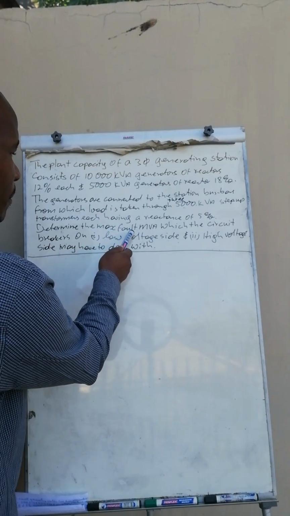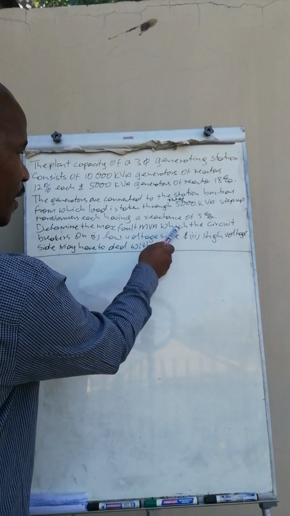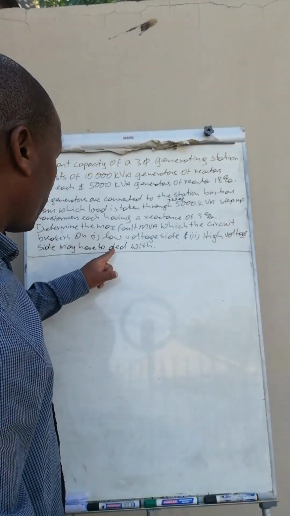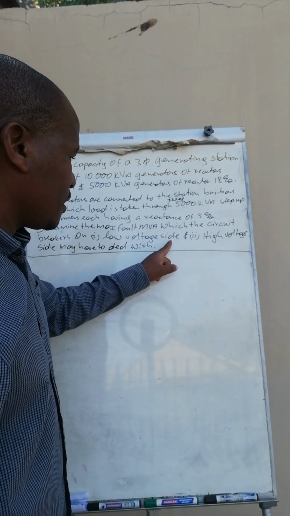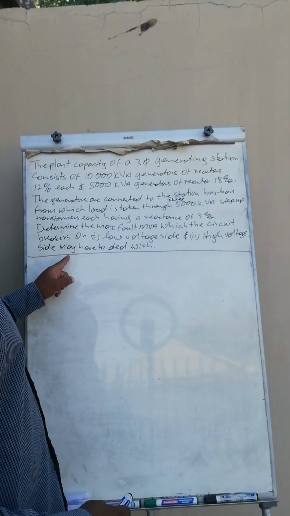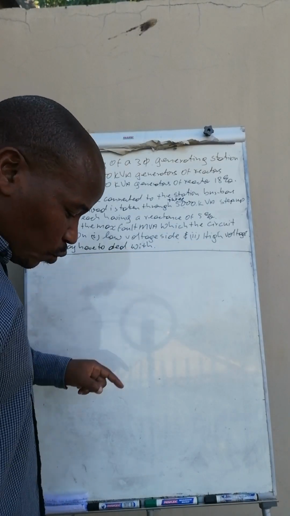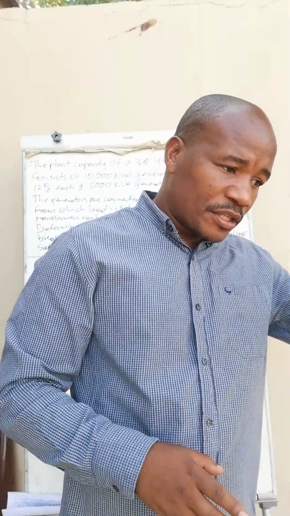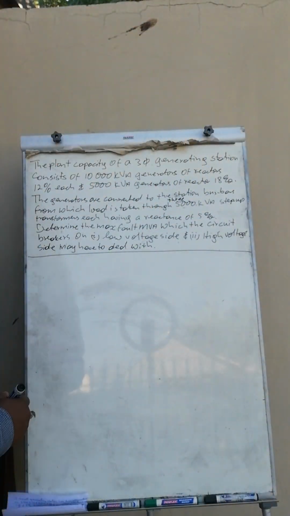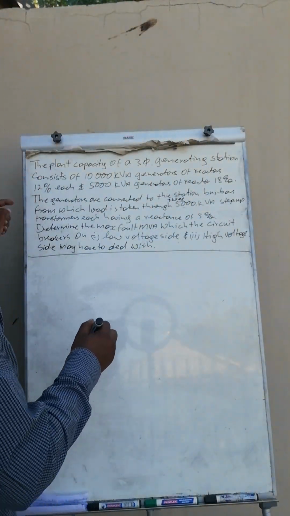Determine the maximum fault MVA which the circuit breakers on condition number 1, low voltage side, 2, high voltage side, may have to deal with. The short circuit MVA on the low voltage side and high voltage side, to which the circuit breakers have to deal with. Now, the plant capacity